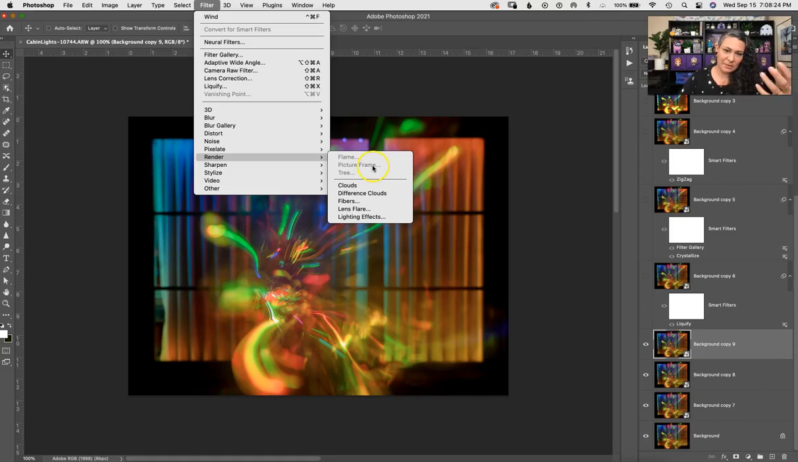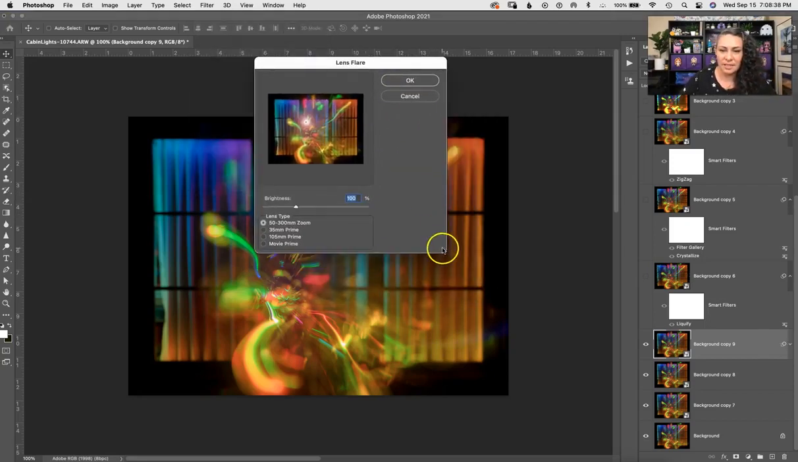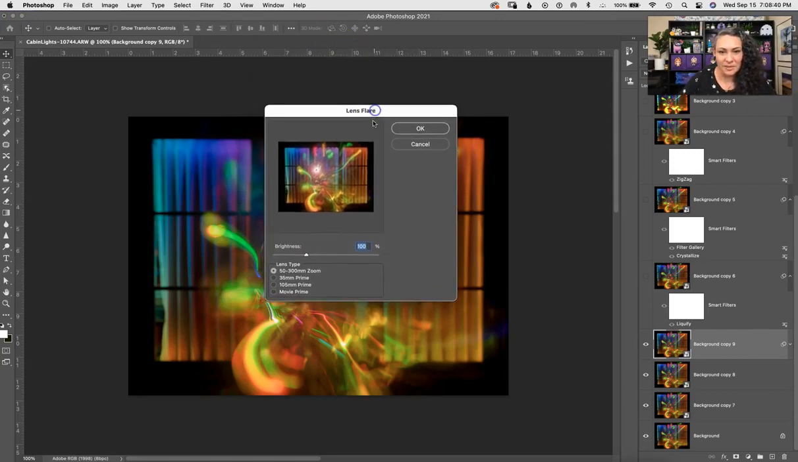So some of these actually are better to be used on a blank layer. Let me show you what I mean. So let's just go ahead and work with this for now. And I'm going to go to Lens Flare. Lens flare has become pretty popular. So what you can see here, and I wish I could make this bigger for you guys, but here I have a lens flare effect, and you can see as I click and drag that it's